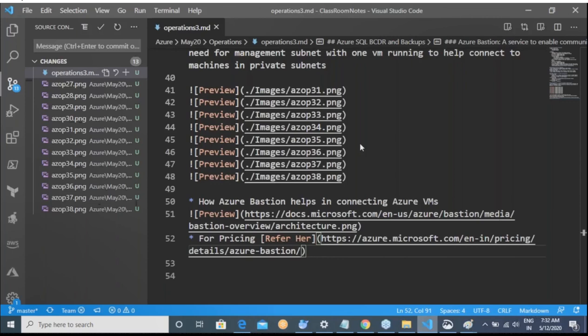Is there any other service other than Bastion or jumpbox? Sir, first of all, Bastion and jumpbox are not both services. Azure Bastion is a service. Jumpbox and Bastion host are the names they are called architecturally.